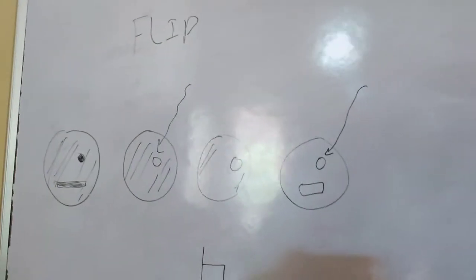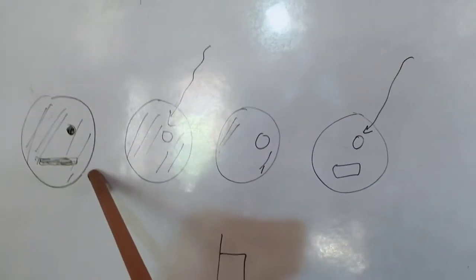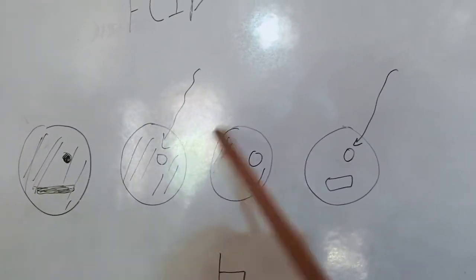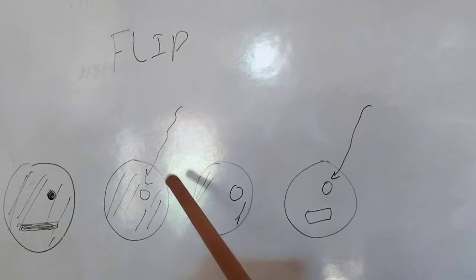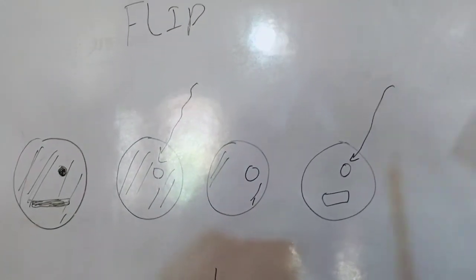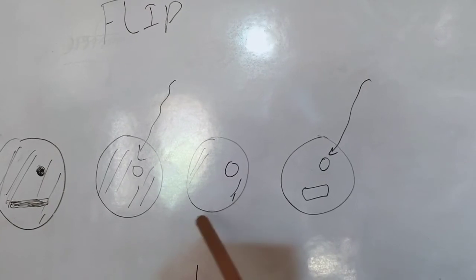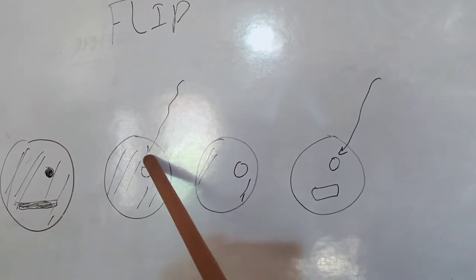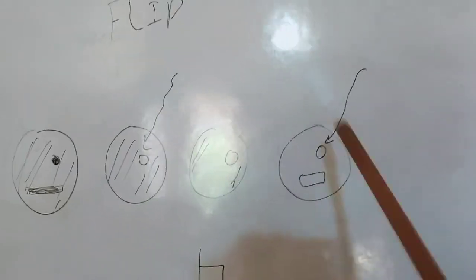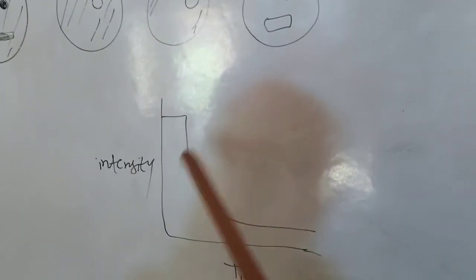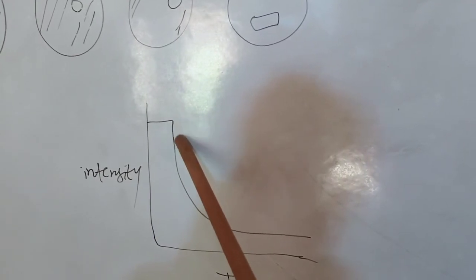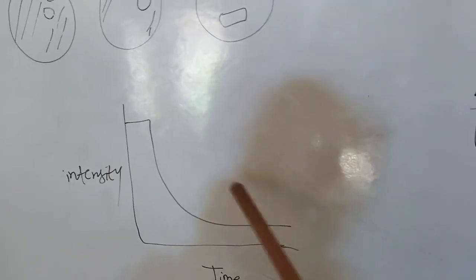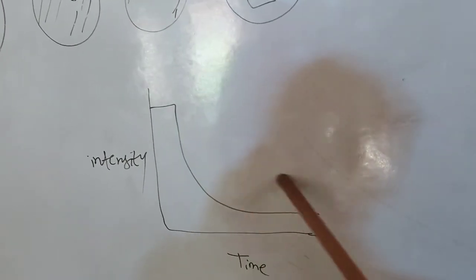Okay, so this is the cell, and we are giving them a continuous laser beam. In this process we do not stop giving the laser beam, we are going to give it a continuous laser beam. We will not let that area recover its fluorescence. So after giving them the continuous laser beam, you can draw a graph, and in the beginning the intensity is higher, and after giving the continuous laser beam, it keeps depleting from beginning to end.